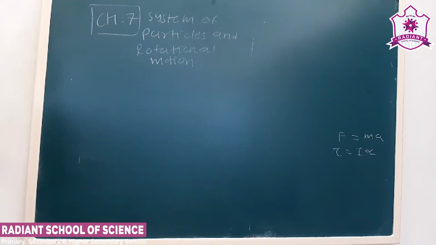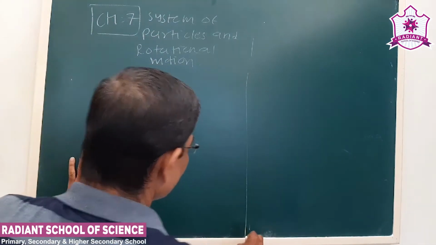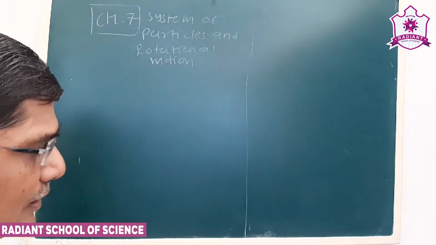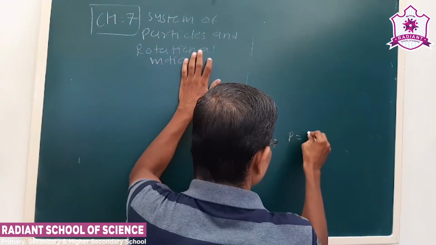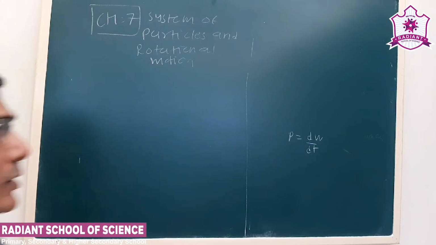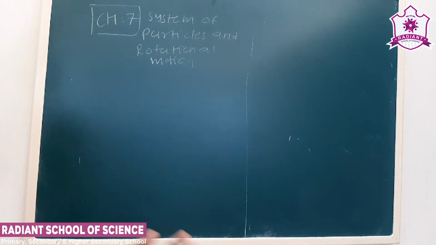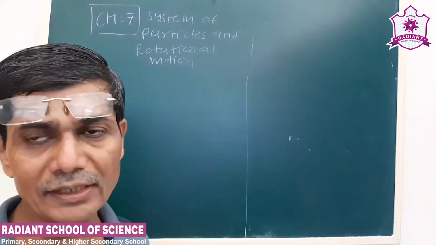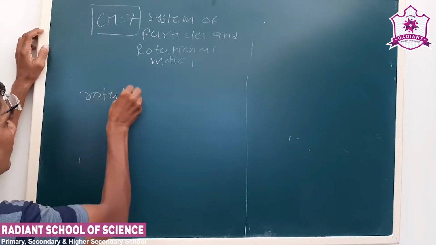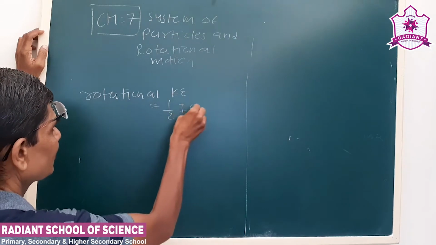Now see, next we have to derive the equation of the power, and from that we can obtain the equation torque is equal to I alpha. See, power is rate of doing work. Okay, power is dW upon dt. Now W is work here. Now see, work done here we consider in terms of the rotational kinetic energy. Now what is the formula of it? It is 1 by 2 I omega square.